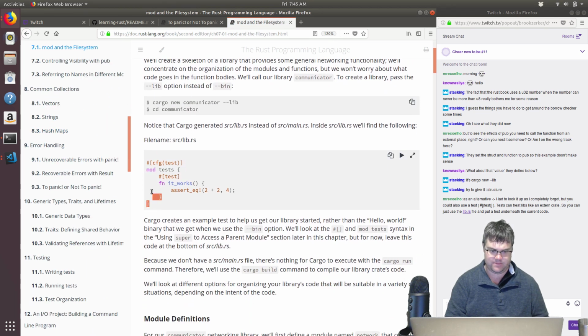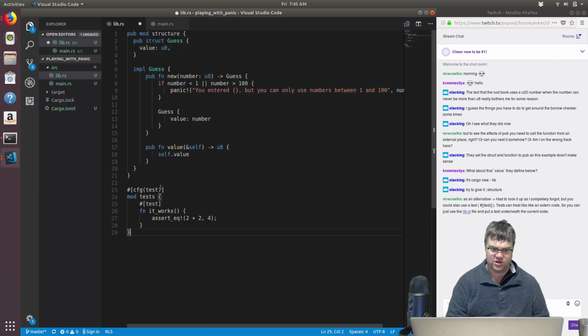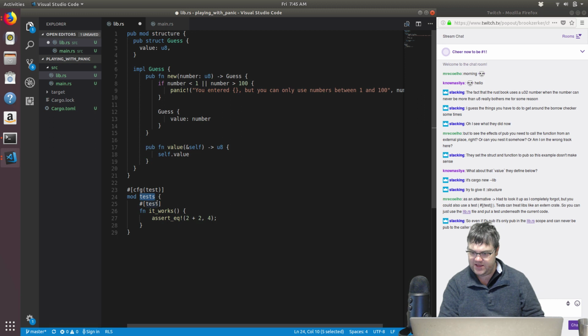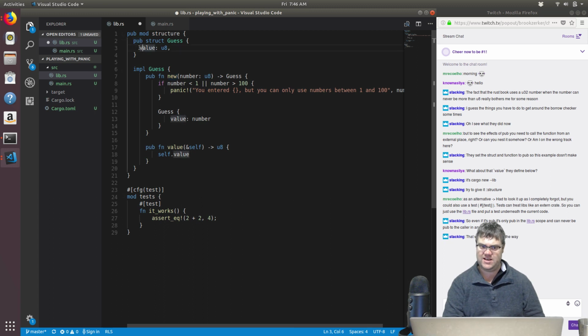here it is. This is the code we initially had in here. So configure test, so mod tests. Even if it's pub, it's only pub in the lib.rs scope and can never be pub to the caller in any case. Well, what's interesting is that we had to make the struct public. But this function is public also, to make it available to the call from the main function. And this could be used in the main function, but this value is not. Now, if I set this,